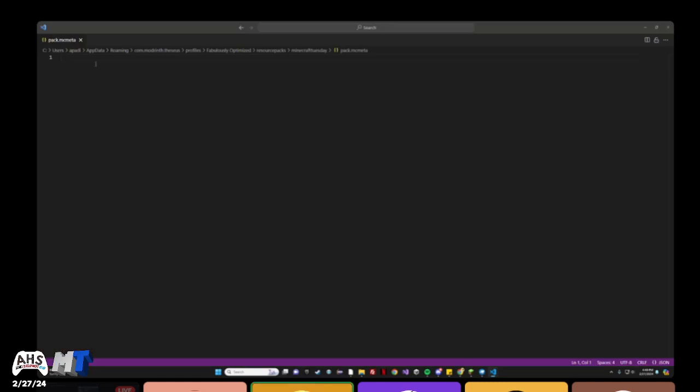Okay, here we go. So you should have a pack.mcmeta. In here, just like with the data pack, we want to define some stuff about our resource pack. I will put this into the Minecraft Tuesday chat, but just to show you how it's going to look, we will have two curly brackets, open and close. Inside these curly brackets, we're going to type in "pack" within quotations, colon, space, open curly bracket, and then on